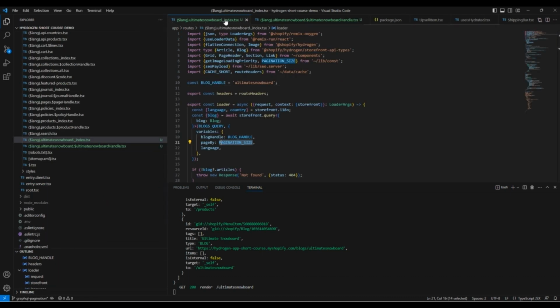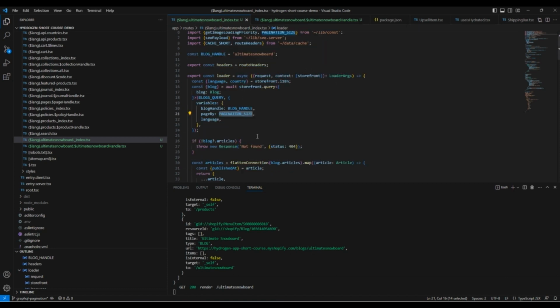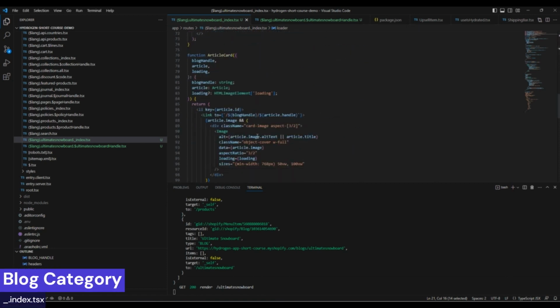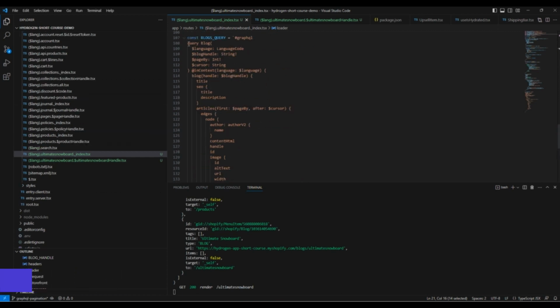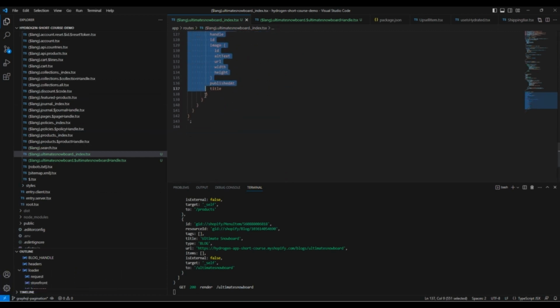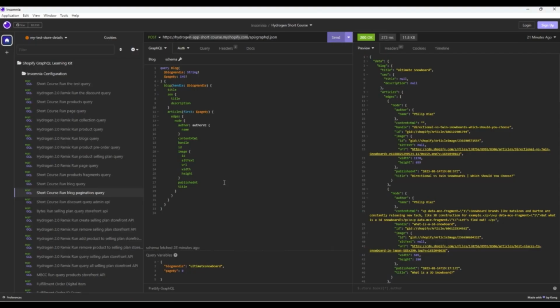So this is our ultimate snowboard blog category, and we are going to copy the GraphQL as seen in our Insomnia. Let's put it here. This is pointing to my demo store for the short course. I'm going to remove the language and the cursor, we do not need that for now. I'm going to show you what exactly happens if we send this request, and I'm going to remove this for a while because we don't have a cursor yet. So if I send this